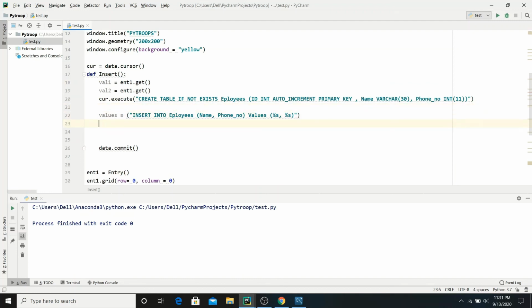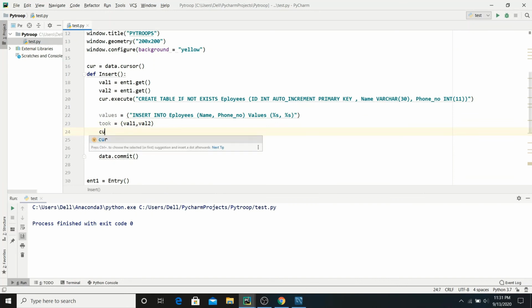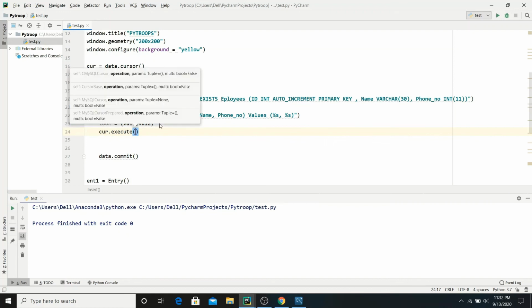So first we have to create a variable. Let's say tup is equal to, and in the parentheses we write value 1 and value 2. We actually made a tuple of these two values and put it inside the tup variable. So now cursor dot execute. In the execute function, what do we have to pass?